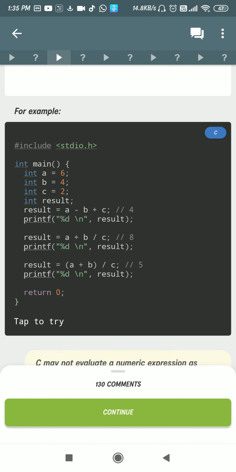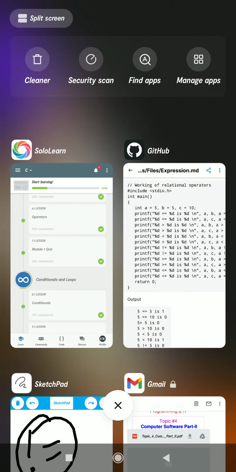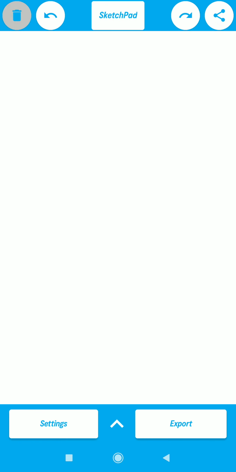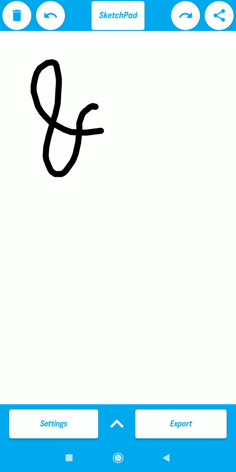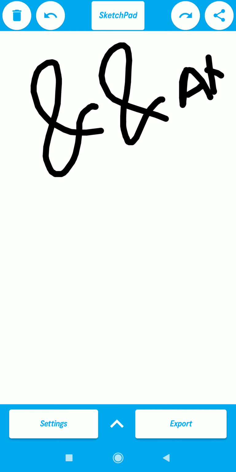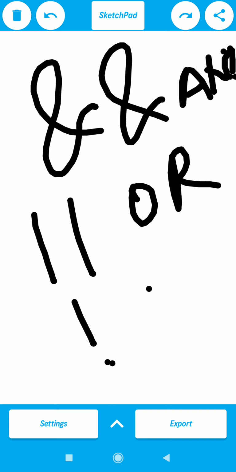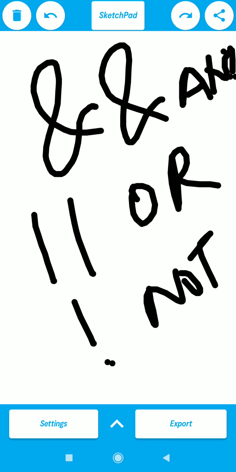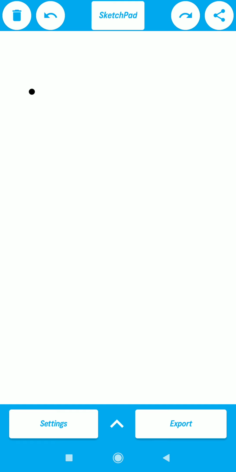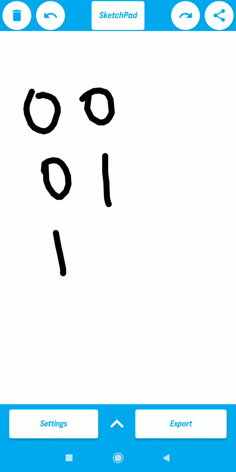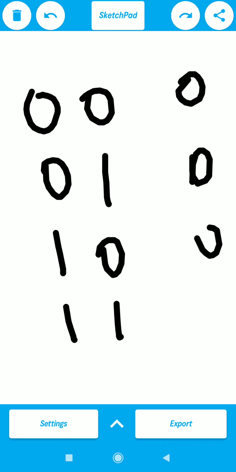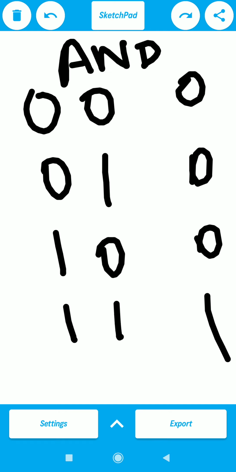Now the next is the logical operator. What is the meaning of logical operator? Logical means like the logical gates we have. AND gate, this is the AND one. OR gate, NOT gate. So we have these three logical operators. As you know, in AND, 0 0, 0 1, 1 0 and 1 1, what will be the result inside the AND? It is a multiplication, so the result will only be true if both conditions are true. Got it? This is the truth table of AND.